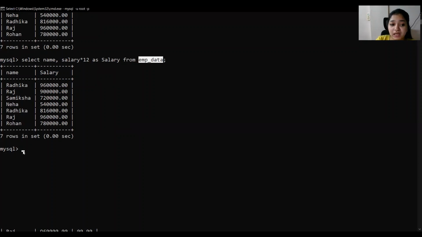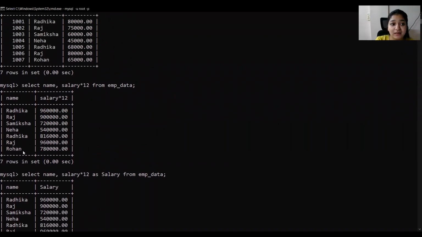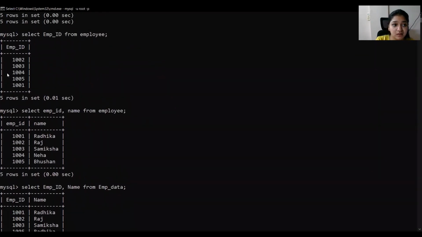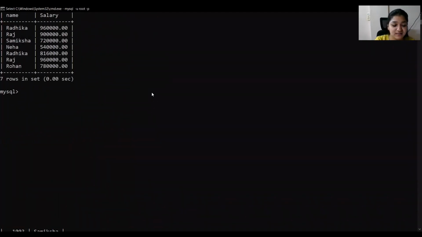Now there's one more thing. For example, if I want to make a Cartesian product of my employee data table, which is this one, and the table that we previously created, the employee table, this one, then what I can write is select star from, and then I can write both the table names, employee comma employee data.